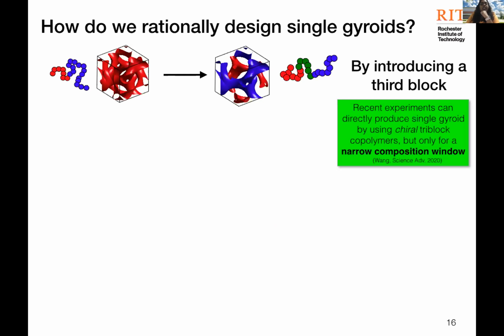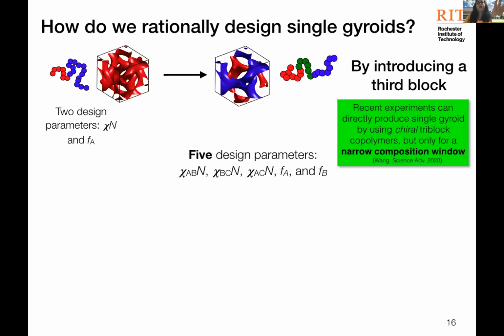Okay, so again, we had three chemistries. So the parameter space increases by a lot. Typically we'd have two parameters, chi-N and f_A, for a diblock. But when you have a triblock, you'll have 5 design parameters. So you have 3 repulsions and 2 compositions, right? And so we really want to narrow down this parameter space when we are doing